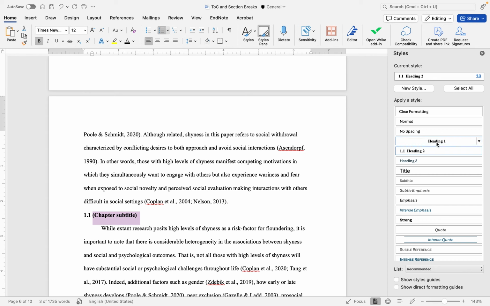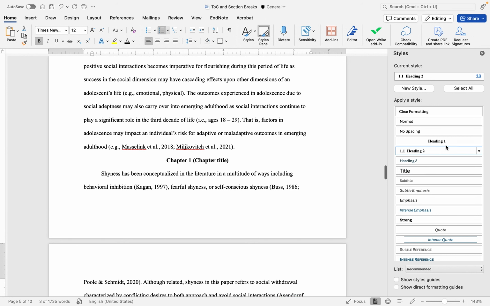And the cool thing is once you've formatted this over here on the right, you just have to highlight the section and then you can click heading 1, for example, and it will automatically format in that way. Because this is a heading 2, I'll just click this here and it'll go back over here like it's supposed to for heading 2s. In order to format this panel, what you can do is left click on this drop down